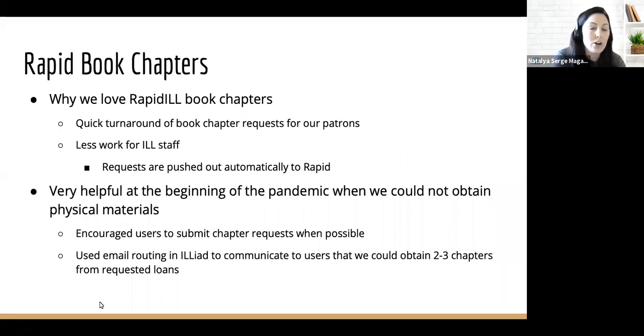And then lastly, I'm going to talk a little bit about Rapid Book Chapters. Like I said, we've been using Rapid Book Chapters for many years. We love Rapid Book Chapters for the same reasons we love Rapid for Articles. Since lenders only receive requests for materials they own, the turnaround time on these requests is very fast. The ILLiad routing rules I talked about earlier also apply to book chapters, so these requests do get pushed out